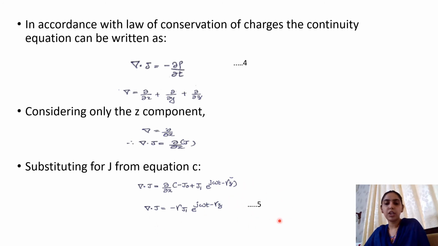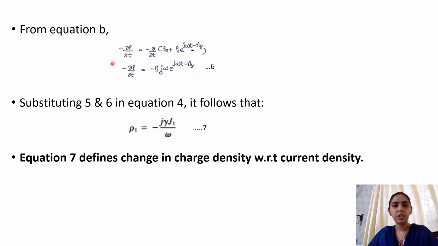Again in the next step we have to replace the equation of rho and get the expression for this minus ∂ρ/∂t and equate it further to see what will happen. So in the next step, instead of minus ∂ρ/∂t, we are substituting for the rho value and getting the expression, that is the sixth one. So again by the law of conservation of charges, for del dot J we have got an expression, and for minus ∂ρ/∂t we have got an expression. So by equating both of these, we get the seventh equation.